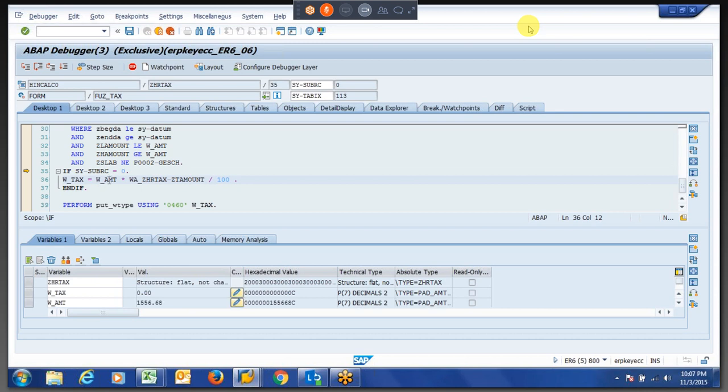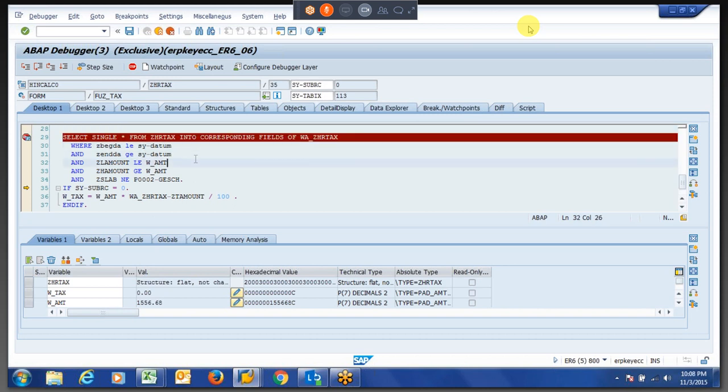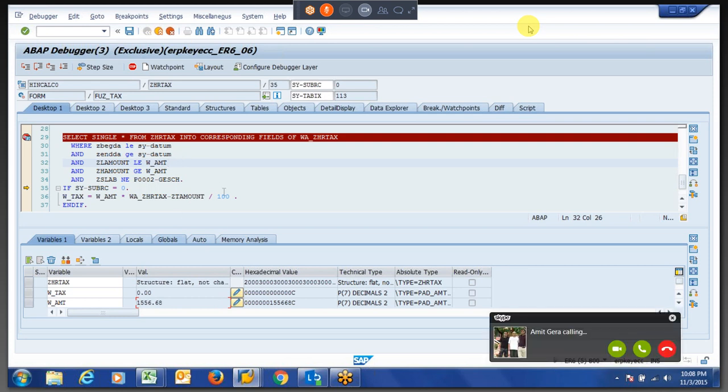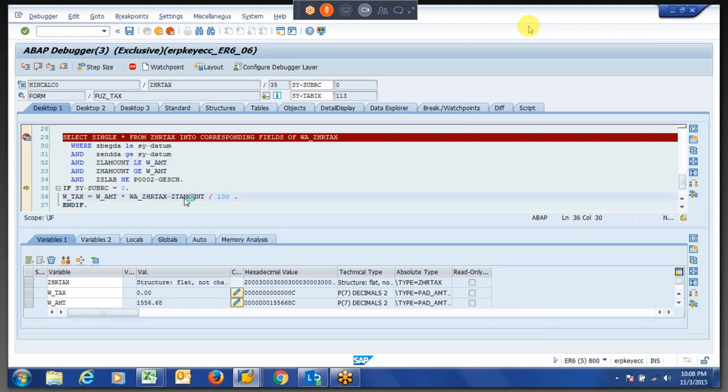See here, we got the gross amount. When you are checking this, there is no relevant slab for this amount if you see the Z table, so the tax amount is becoming zero. That is why you are not getting any values.